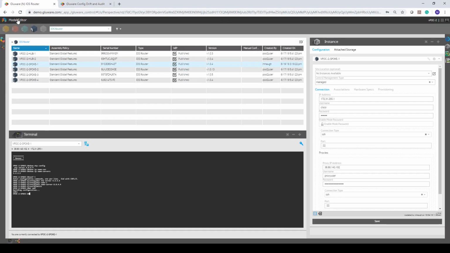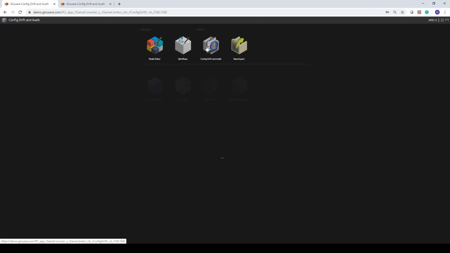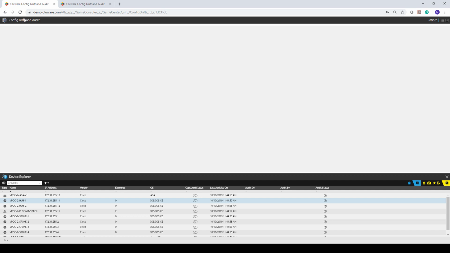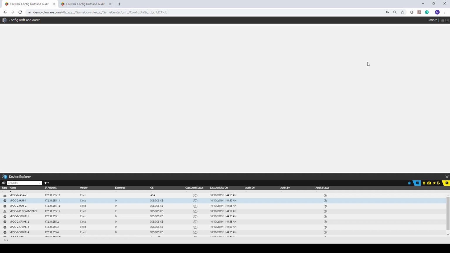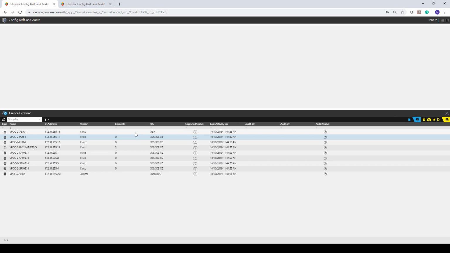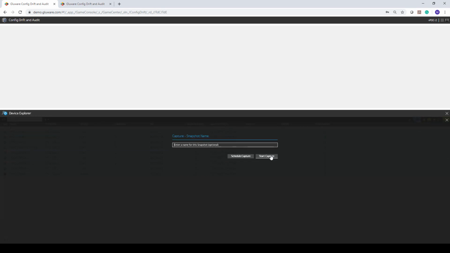So let's navigate back to our dashboard and then go back into our drift and audit. And as I'm going through the dashboard, you also have a quick access panel here on your right hand side to change app views. So now we're going to run a second snapshot. So just for fun, we're going to select all our devices again and click execute a capture and hit start